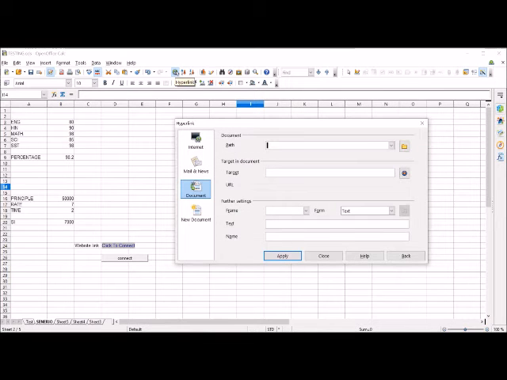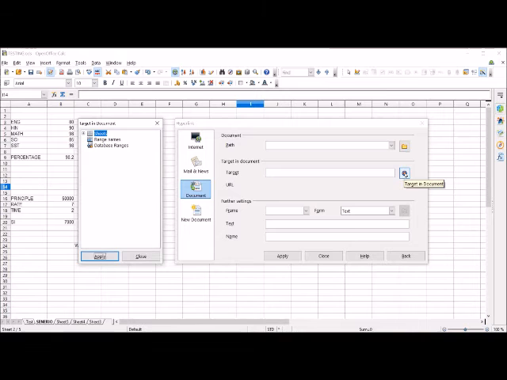Now suppose in this scenario sheet I want to go back to this test worksheet. Then I'll select this cell, open hyperlink dialog box. Here target, sheets.